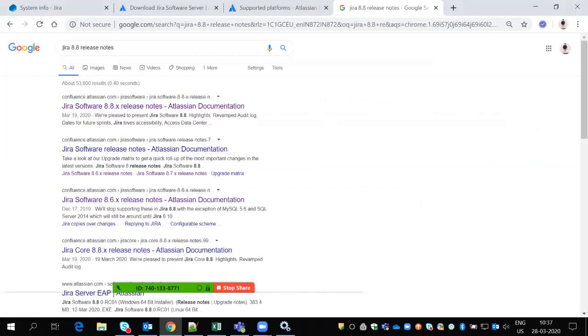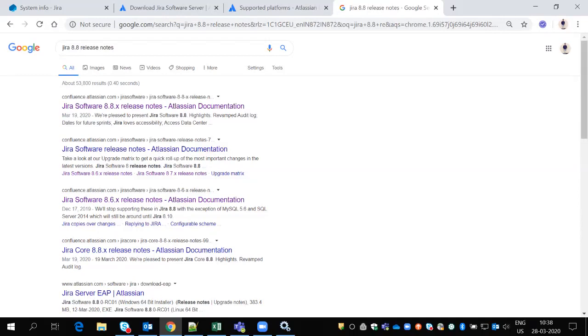Suppose I'm migrating from 8.7 to 8.8. 8.7 might support a different database version. Suppose 9.5 will be supported, but the latest version 8.8 might support some 9.6 of PostgreSQL. In this case, we need to upgrade the databases first. Based on your organization, if you are the person maintaining everything, you have to upgrade Postgres as well. Or if different persons upgrade your databases, you just inform those persons and they will upgrade it.